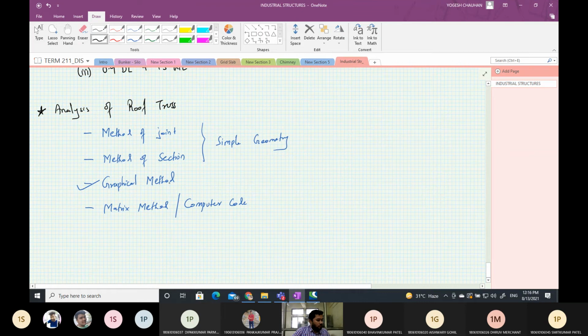With this, let us take an example of a roof truss.